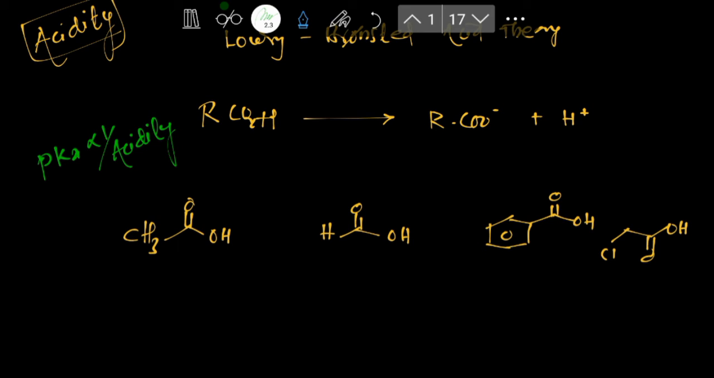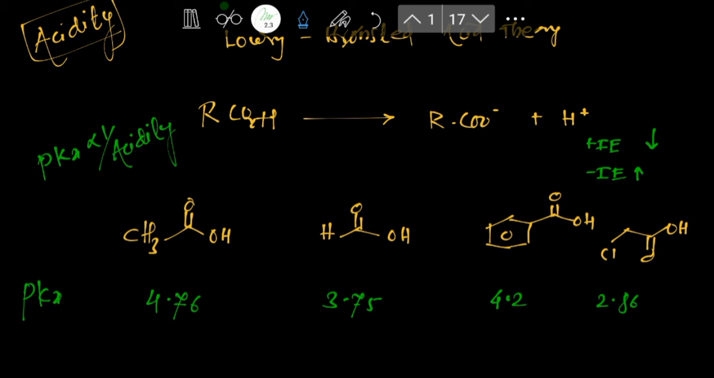So remember this: plus I effect decreases the carboxylic acid strength, minus I effect increases the strength of carboxylic acid. Now in acetic acid, a methyl group is there. So here I will show you the pKa of all 4 acids. The pKa value for acetic acid is 4.76. The pKa value of formic acid is 3.75. The pKa value of benzoic acid is 4.2, and the pKa value of chloroacetic acid is